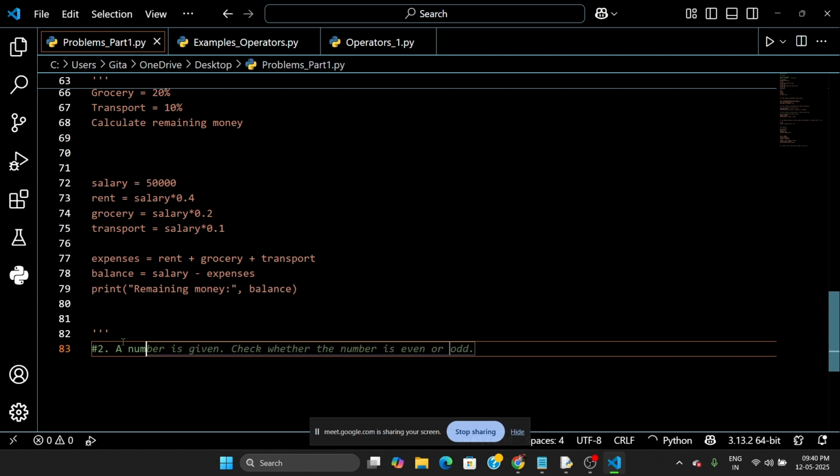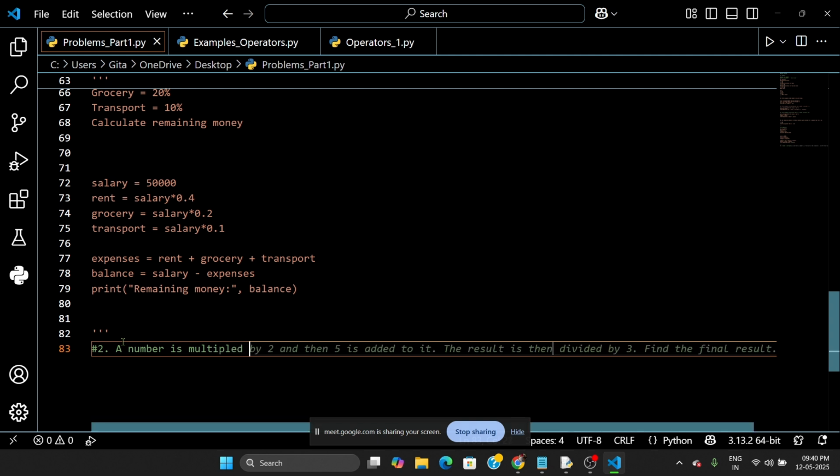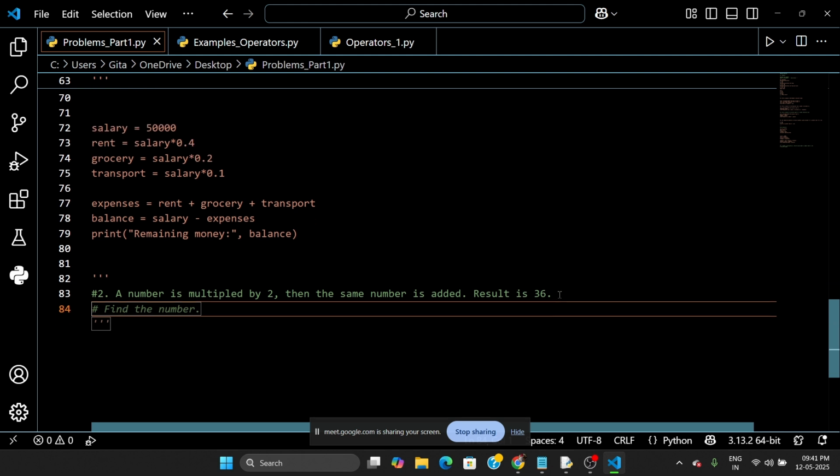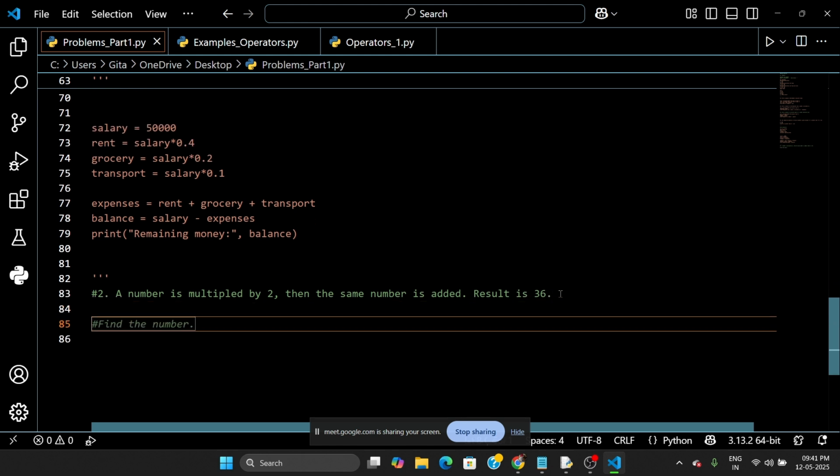भी एक नंबर है, ठीक है। एक नंबर इज मल्टीप्लाइड बाय 2। ठीक है। और फिर वही सेम नंबर को, सेम नंबर इज एडेड। ओके। और उसका हमें रिजल्ट कितना मिलना चाहिए, 36। ठीक है। तो अभी हम लोग को क्या करना है, यहाँ पे एक ऐसा नंबर ढूंढना है। ठीक है,